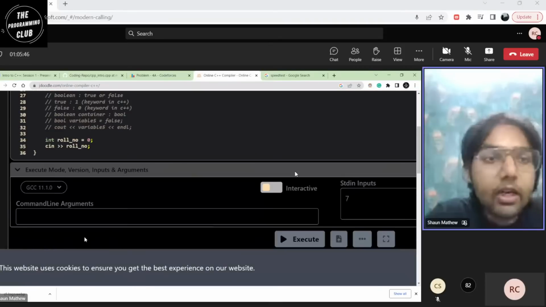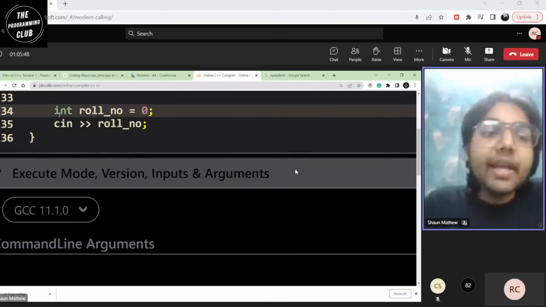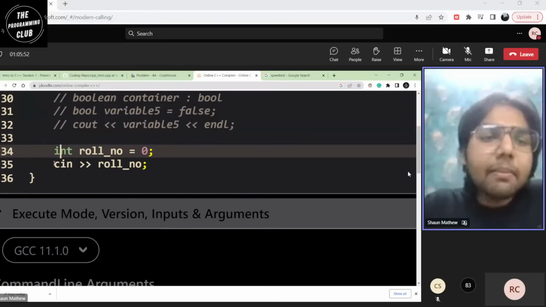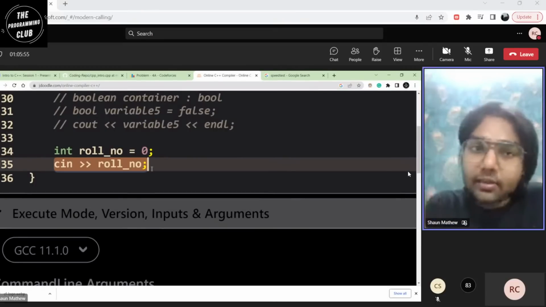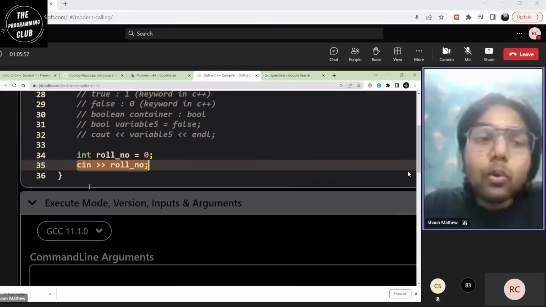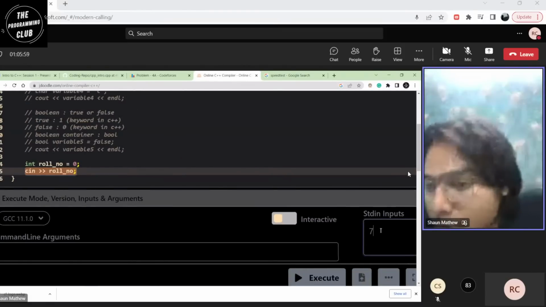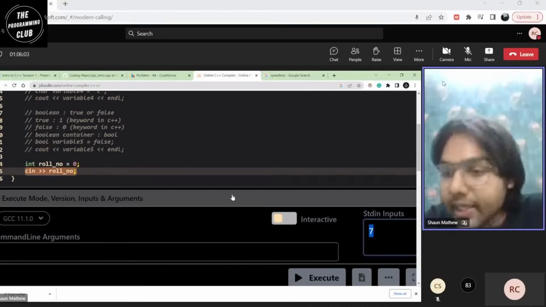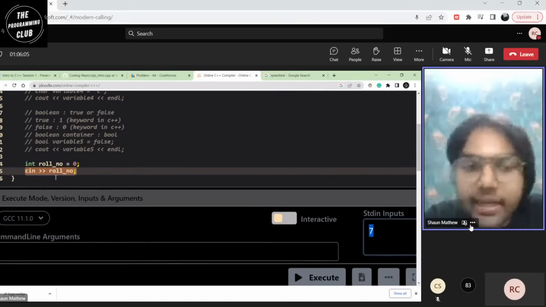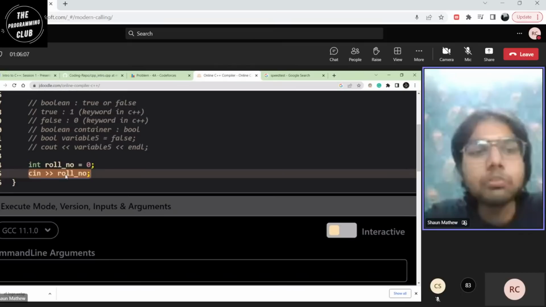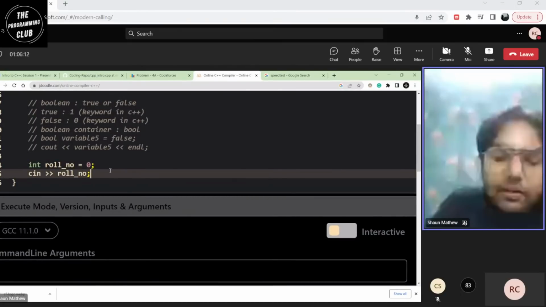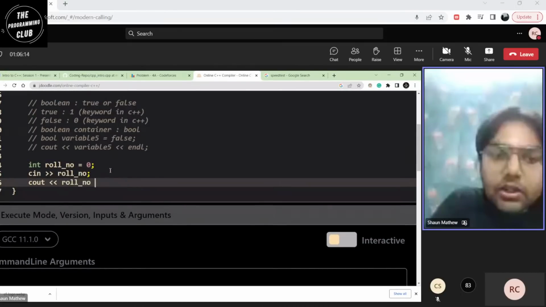It will come here and see that there's a variable called rollnumber which is declared, and then something has to be put inside the container rollnumber. The value provided here is 7. Whatever value is provided here, it will read it and store it in rollnumber. Might sound a little confusing, but let me print out the value of rollnumber so that you get an idea of what we are doing.